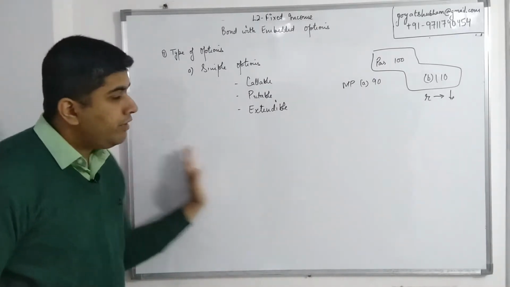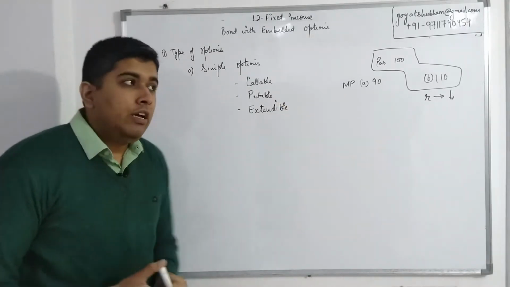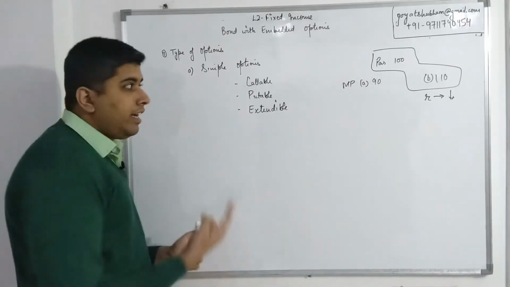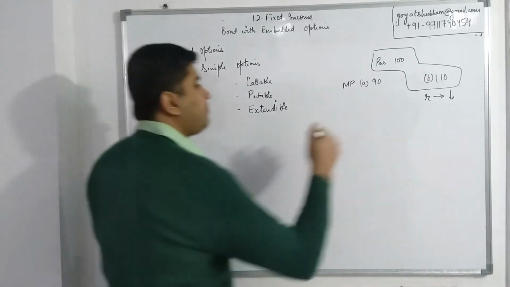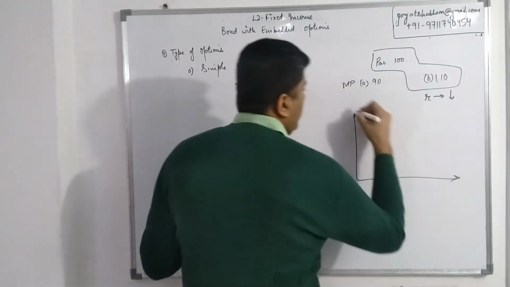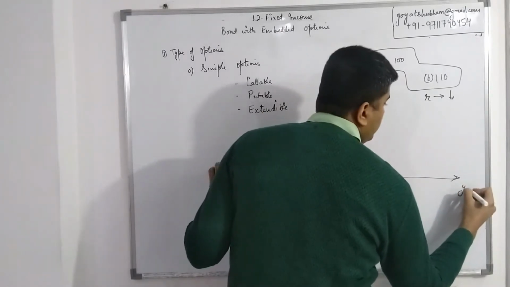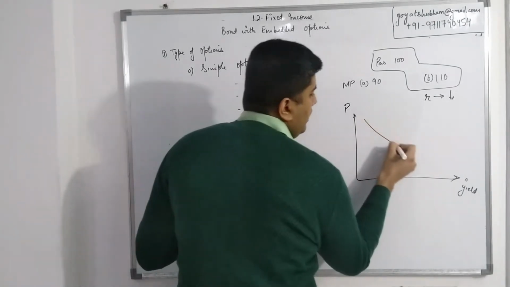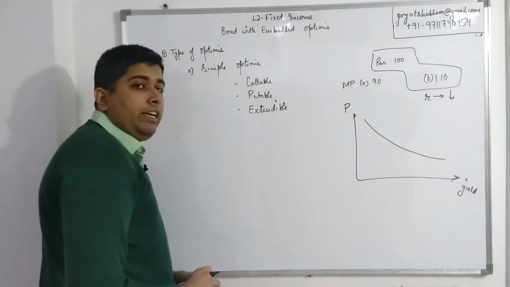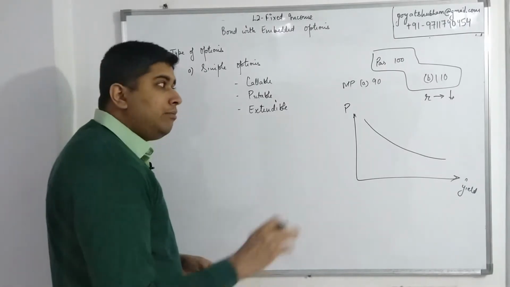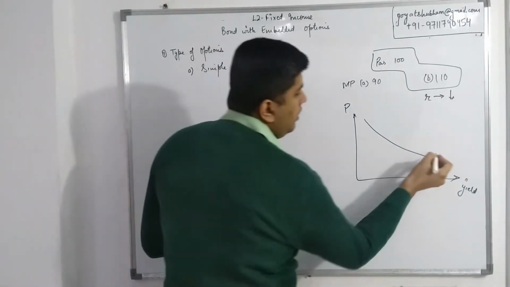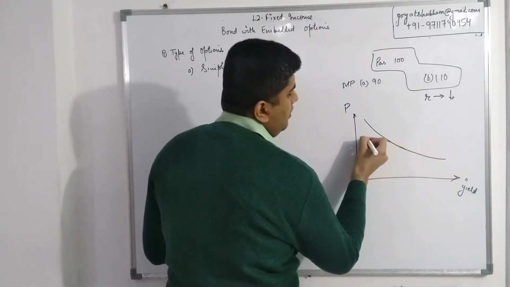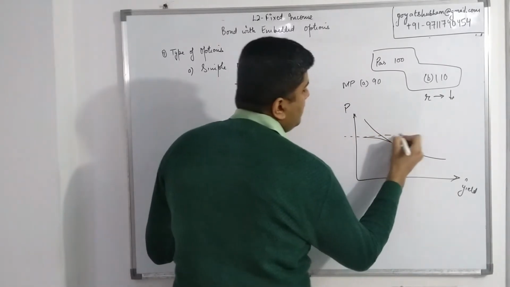So it's not a free-flowing chart like in case of a straight bond. If the yield is falling, the price would increase, and if the yield is increasing, the price would fall. But in case of a callable bond, there is a limit. So if I make a chart, and here we have price and this is yield. Normally we have something like this. As the yield increases, the price would fall. But in case of callable bonds, we'll have something like this, where there is a limit to how high the price can rise.